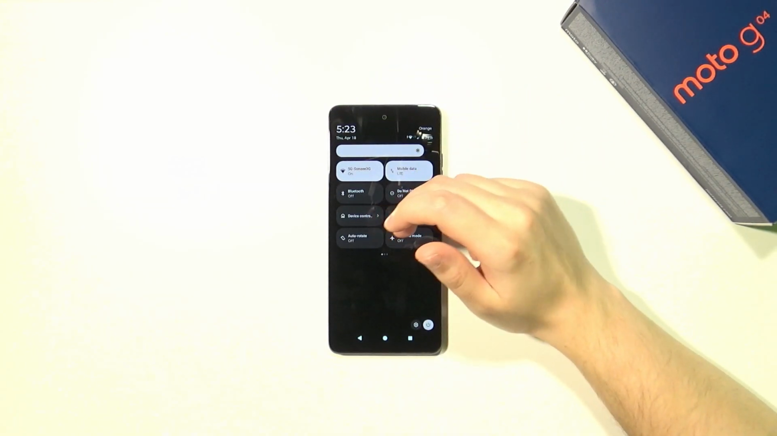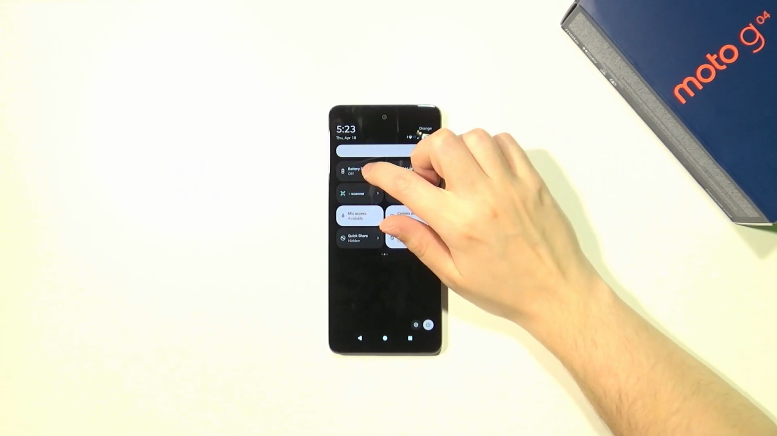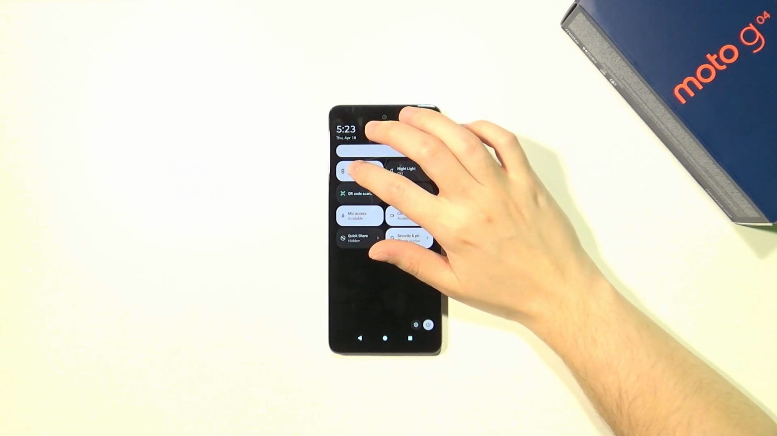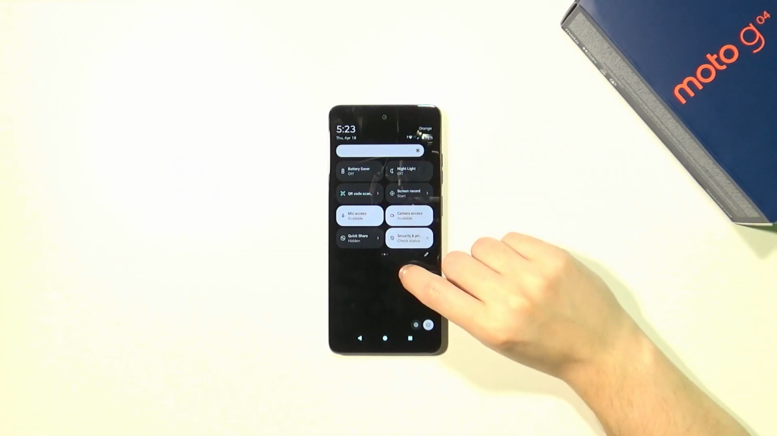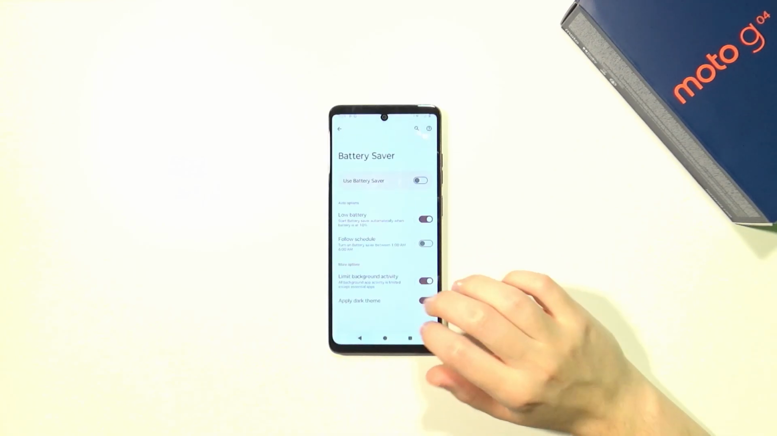You can also quickly reach the battery saver option by once again going to quick toggles, and then if we scroll down, move to the second page. Over here we should have the battery saver, so we can turn on and off the battery saver manually really easily. Now let's go back,